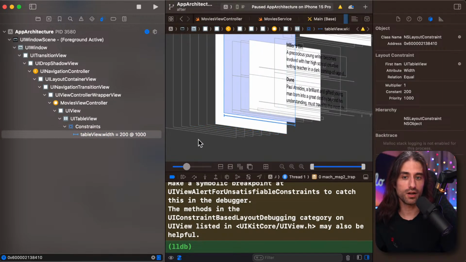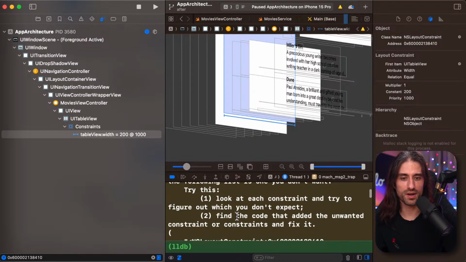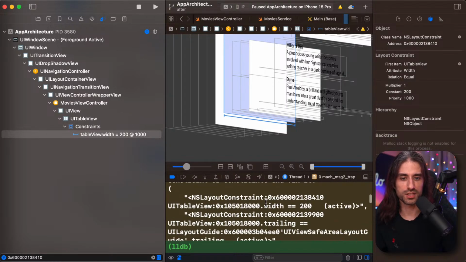So it's clearer for me which constraint is failing. It can be very useful when you have a controller which is quite complex with lots of constraints. Being able to zero in on the constraint that's failing is very useful. And the way you do it is because you have the memory address being printed here